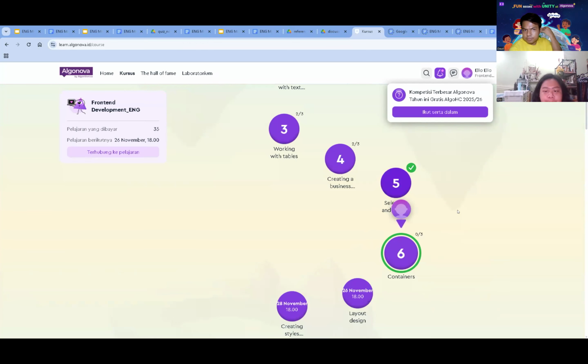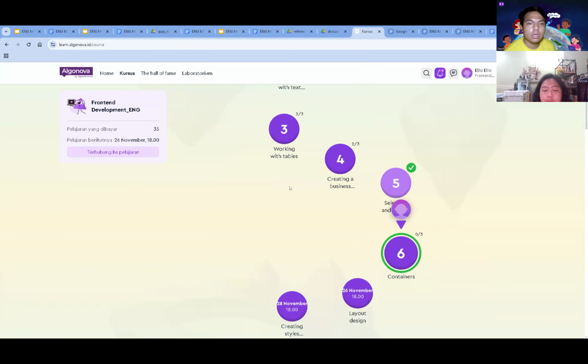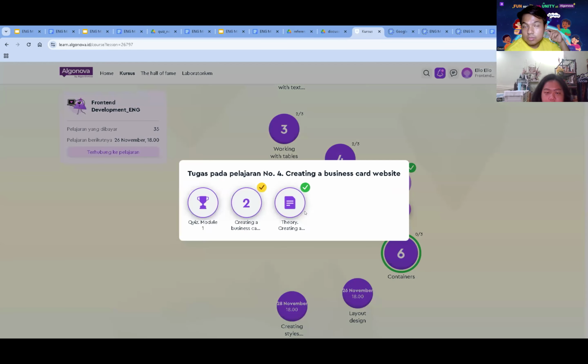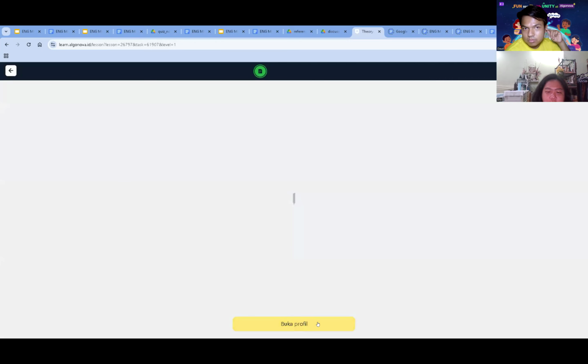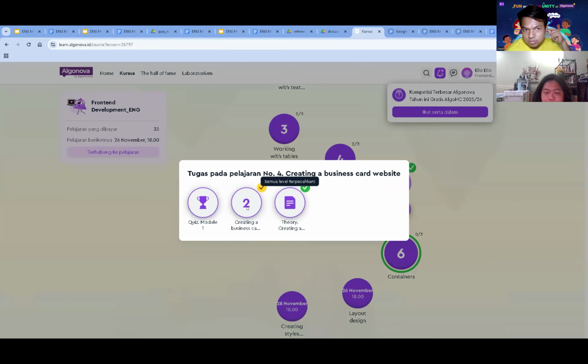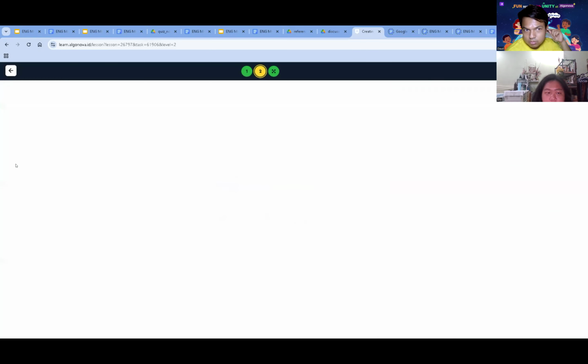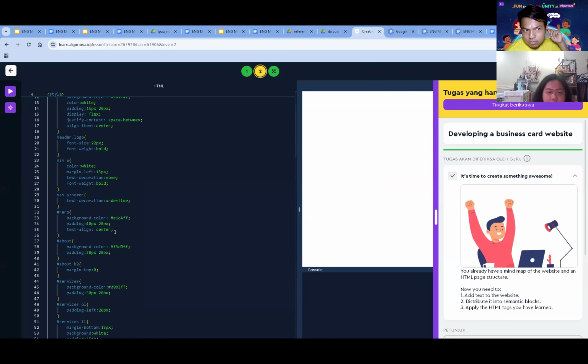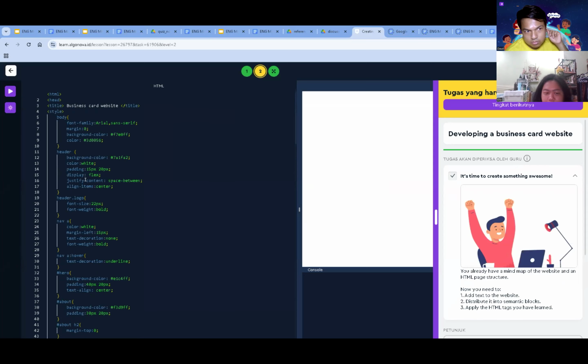Honestly, so far so good. It's a lot easier to use than trying to style one by one, because this looks annoying. It doesn't look good to look at.